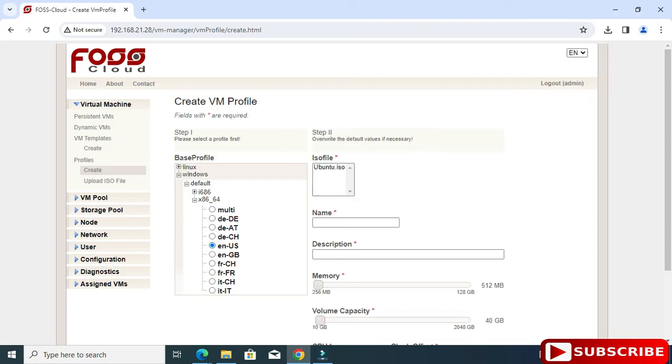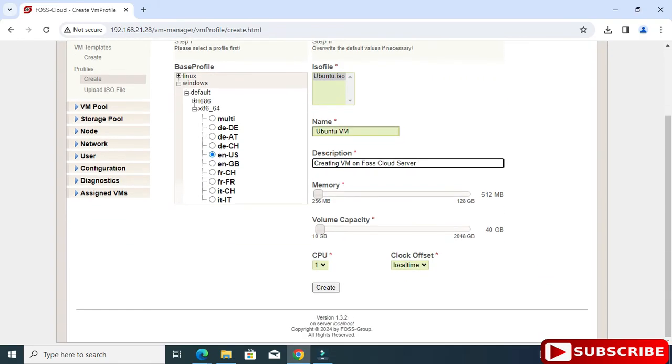As soon as I select this language, guys, you can see it's showing me my uploaded ISO file. So just select it and provide the name of your profile. I'm providing the name as Ubuntu VM, and here you can provide a description related to this profile. You can provide the description, and guys, here you provide the memory, sufficient memory. For Ubuntu you should provide at least 4 GB of memory.